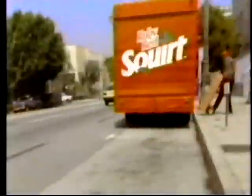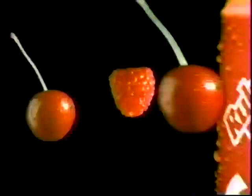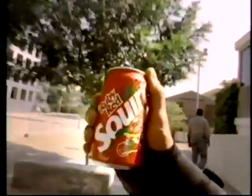Hitting the street, boiling hot, feeling the heat. Throw this bar, ready to burst, ruby red. Break out, man! Here's the coolest thing you can do when you're hot. Break out, man! Drink Ruby Red Squirt. Citrus, berry, blast. Break out,